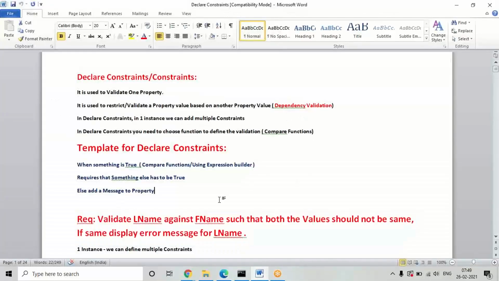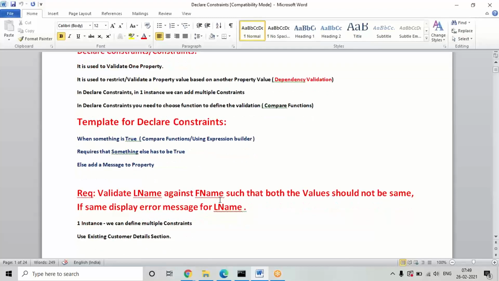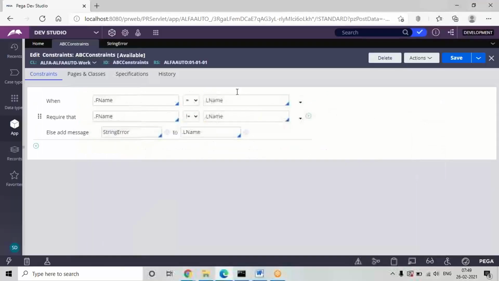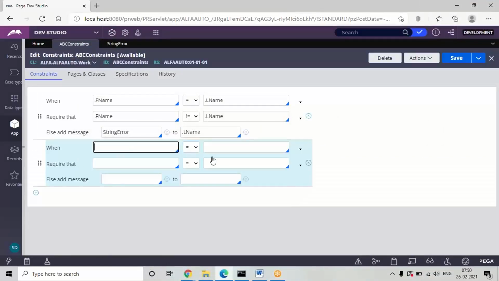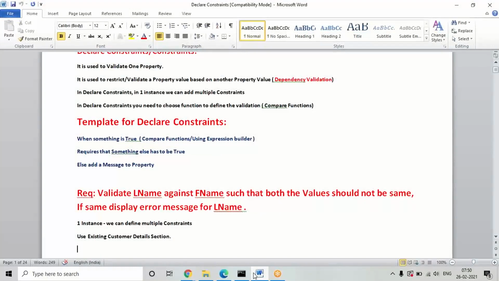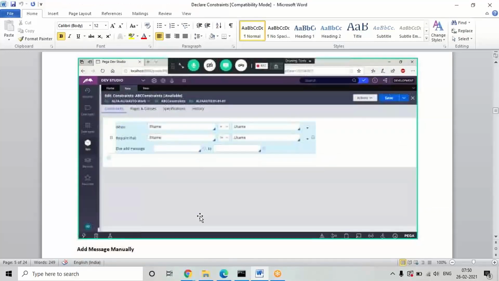Then in my application in the customer design, if I want to add a constraint condition for some other fields, in the same rule we have to define. Another constraint rule will not open. In the same rule, you click on the add arrow, and here we define for the remaining properties, because a declarative condition we don't call anywhere, right? So just declare the condition for the remaining properties also in the same rule, but it will not apply for other declarative rules. For other declarative rules, each time we have to open individual rules separately. But for constraints, no need to create a separate rule every time. In the same rule we can define all the remaining conditions.